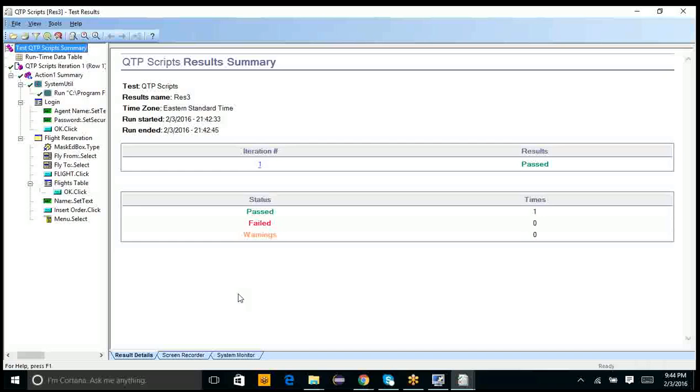Whatever results you are seeing right now are related to only the current execution. When you run the latest one, you get only the latest run results here.